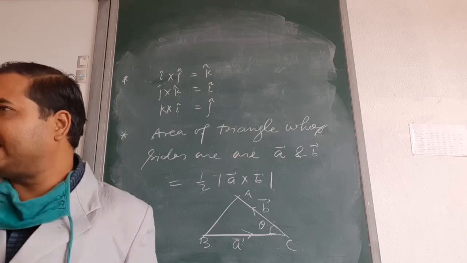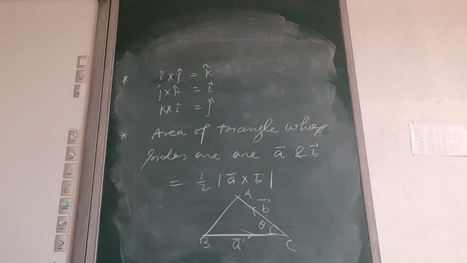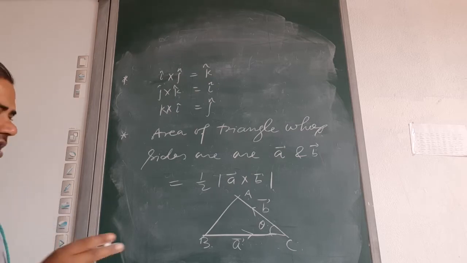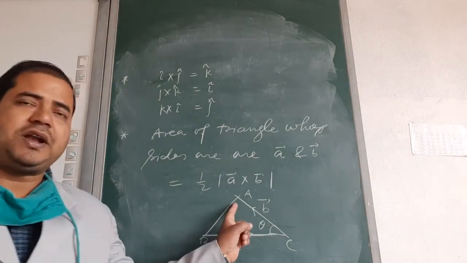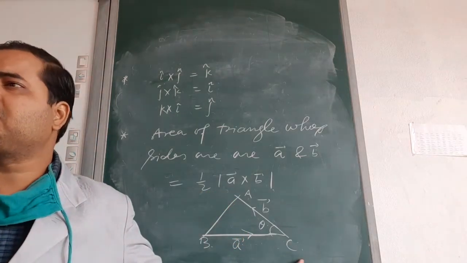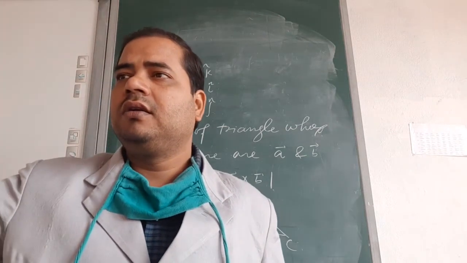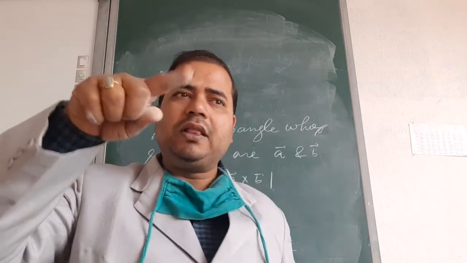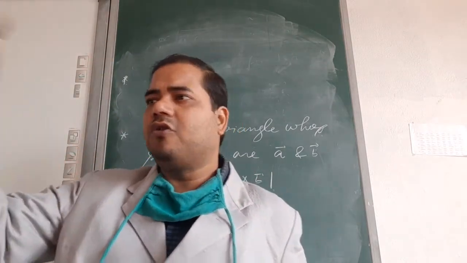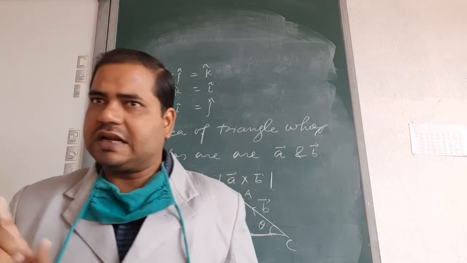कहीं पे भी दो साइड्स होंगी. क्या होंगी? दो साइड्स होंगी. ठीक है, नॉट अ पोजिशन वेक्टर ऑफ पॉइंट ए. अगर दे देगा पोजिशन वेक्टर ऑफ पॉइंट ए, पोजिशन वेक्टर ऑफ पॉइंट बी, पोजिशन वेक्टर ऑफ पॉइंट सी, तो वो तो ओ ए, ओ बी एंड ओ सी होता है ना. In that you have to find AB, then OB minus OA, BC, OC minus OB. You understand this thing? Yes.